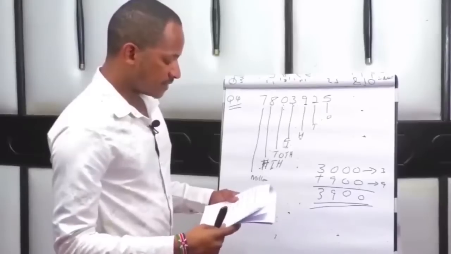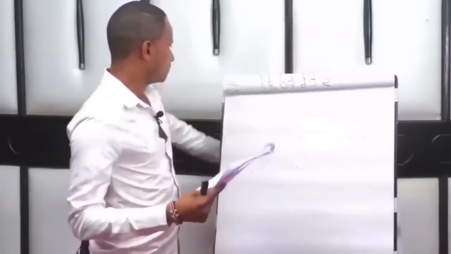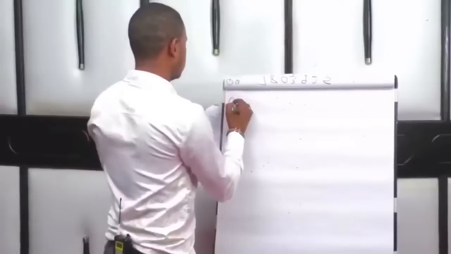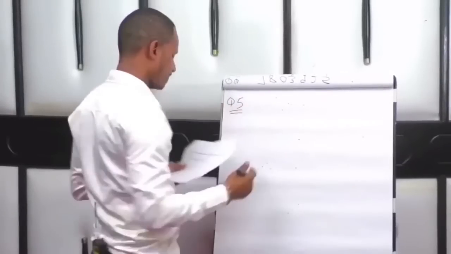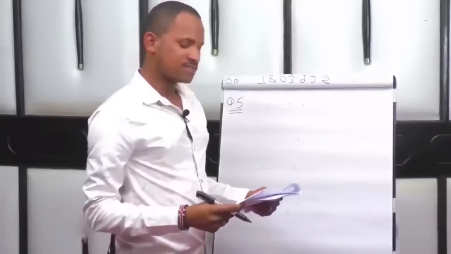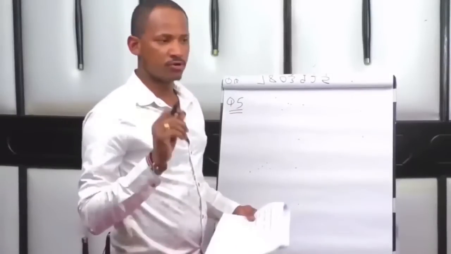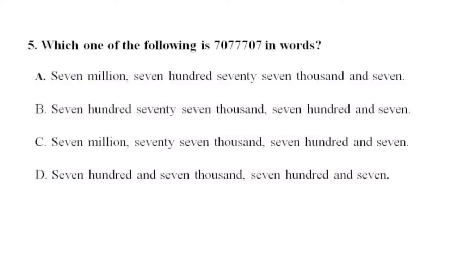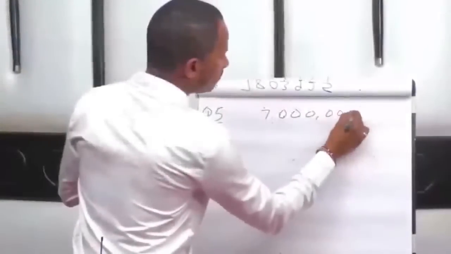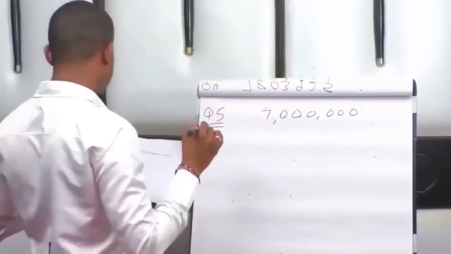Question 5, which one of the following numbers is 7 million? Now, you've been given a problem in words. They want you to write in numbers. So they want 7,30,265. So just come, write 7 million. That is 7 million. The next is